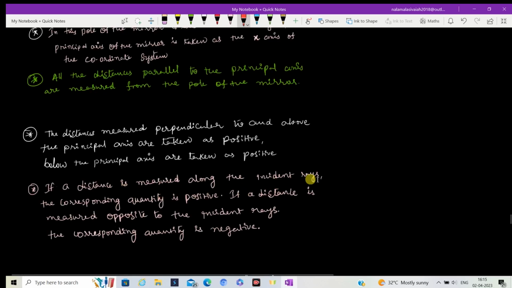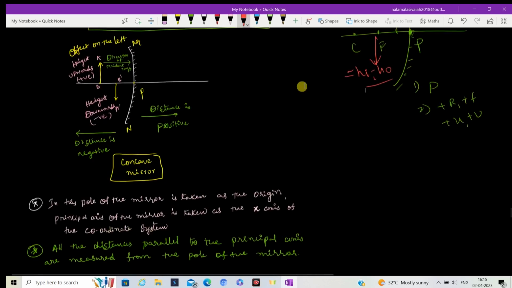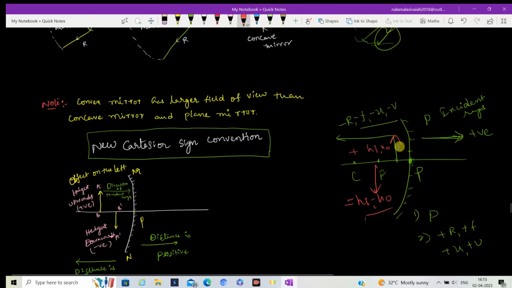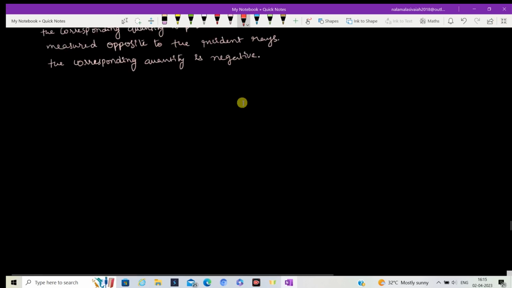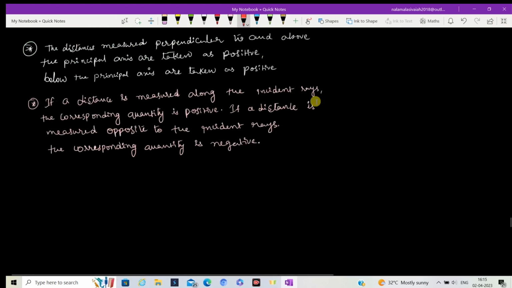Then all the distances in the direction of incident rays are positive, and in the direction opposite to the incident rays are negative. So those are the sign conventions. And next we are going for the